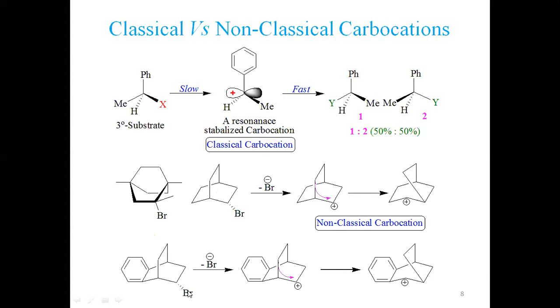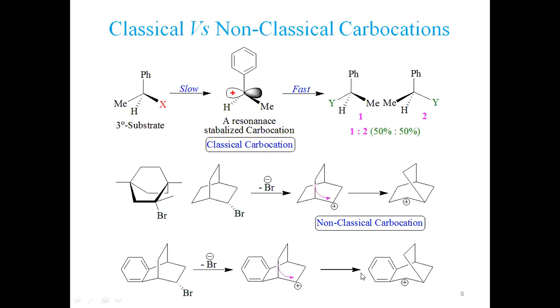Now, if this bromine leaves with an electron pair like this, generating a positive charge here, it is undergoing an SN1 mechanism. Look at here, this is a secondary carbon. It is not undergoing such type of substitution in fact. Now, if the same migration starts from here to there, you see, it is generating a positive charge here. But now this positive charge is stabilized by resonance. Here, this carbocation was more stable than this one. Now here this is not stable. This one is more stable because it is stabilized by resonance.